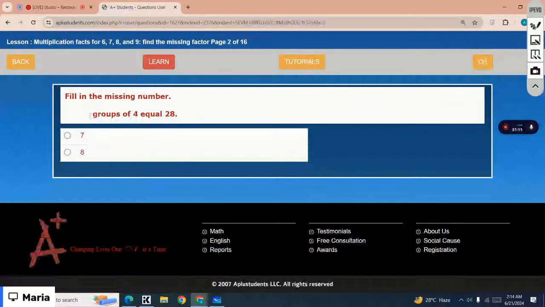Fill in the missing number. How many groups of 4 equal 28? So you have to find